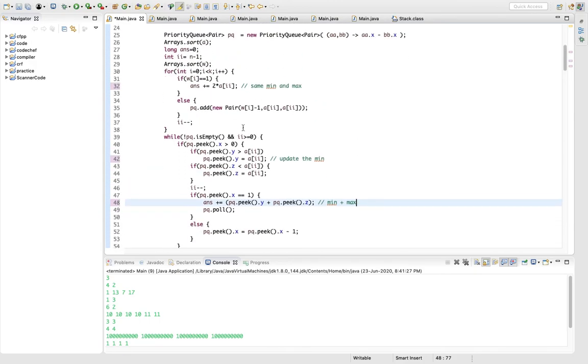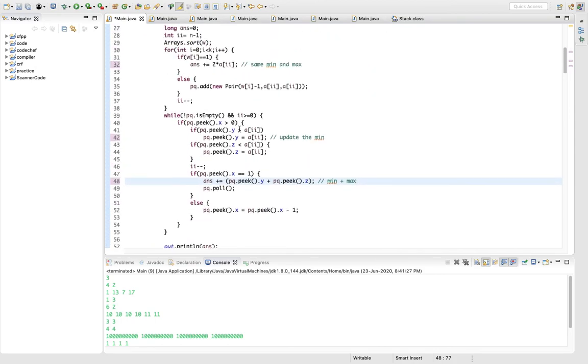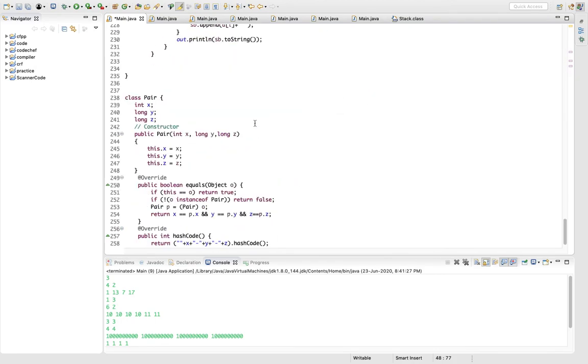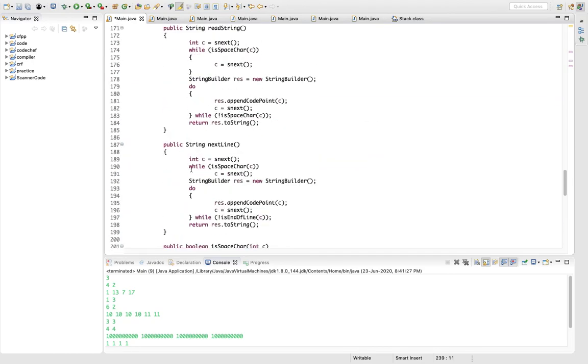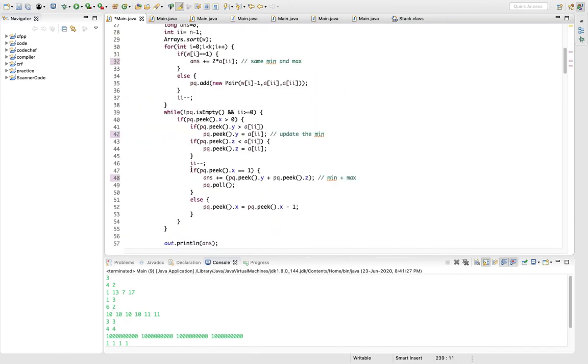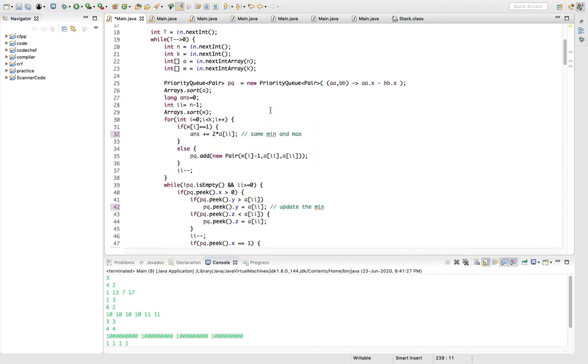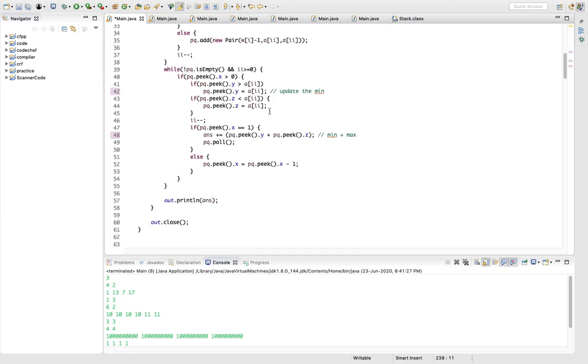It's a straightforward implementation as such, and you also have to take care of this class of pair. It has int, long x, y, and z, and you also have to use hashCode and equals, because the priority queue uses all of that.